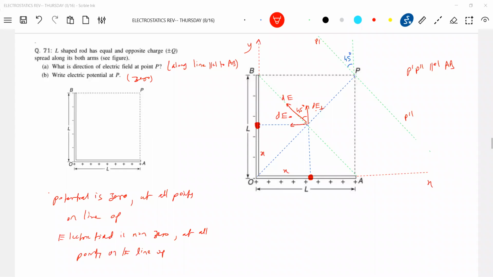Look at this. I think now what is the conclusion? So can there be a situation where V is 0, E is 0 at infinity? V is 0, E non-zero, possible this condition. V non-zero, E is 0. I think this is inside the shell. Both non-zero is possible. So what is the best example? I think this V is 0, E non-zero. We have very few examples. This is one diagram.